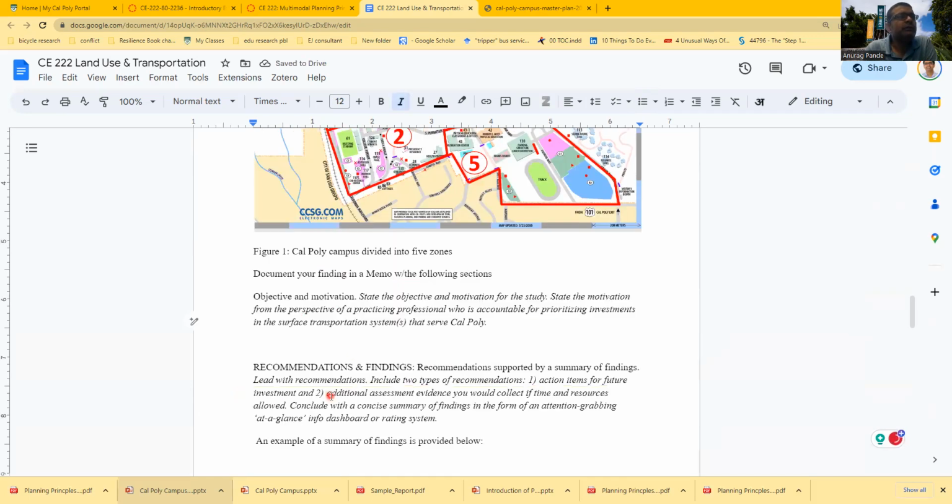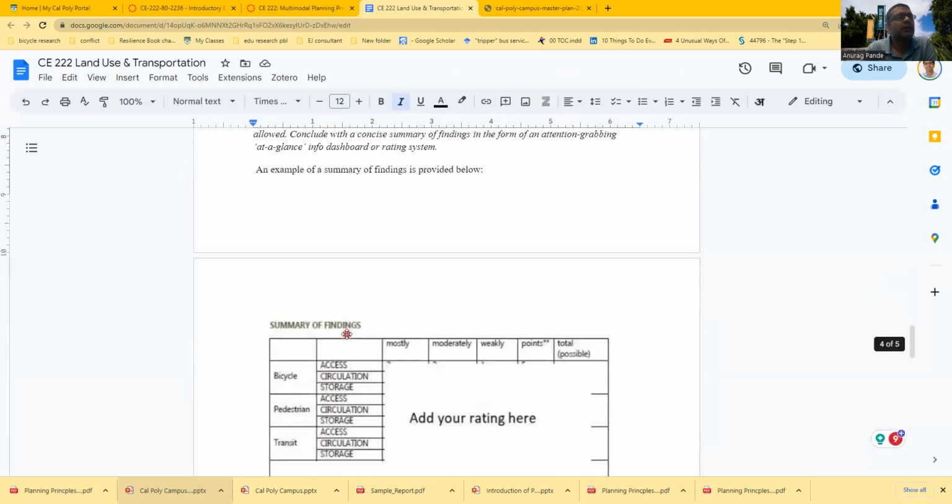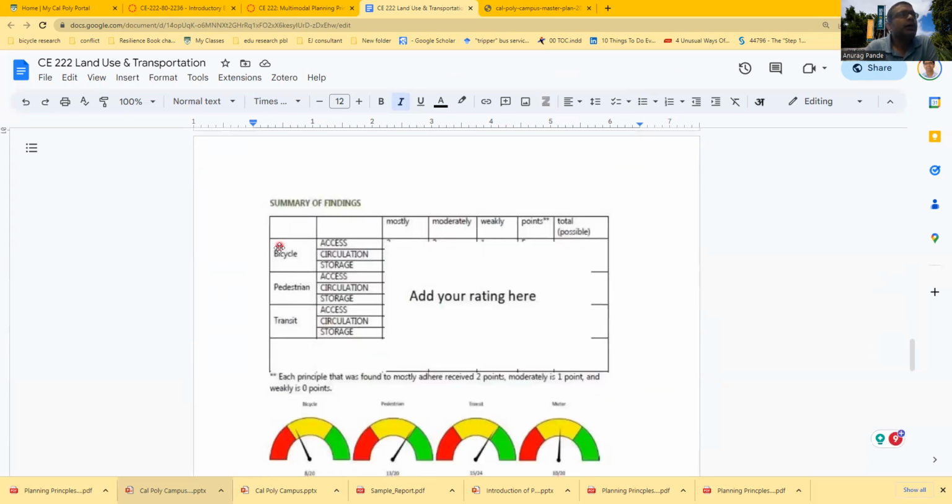Objective and motivation, recommendation and findings. You could have an example of how you might want to sort it: the bicycle, pedestrian, and transit modes, and whether your principle relates to access, circulation, or storage. And again, for pedestrian, storage won't be applicable. And then you could potentially provide an example, as just an example, 2 points for if it mostly adheres,